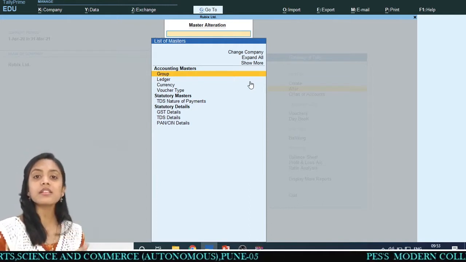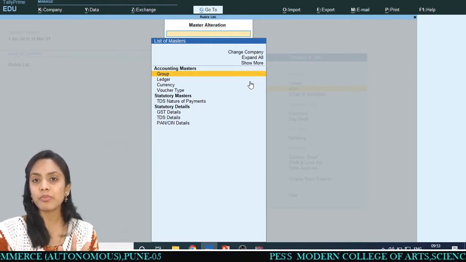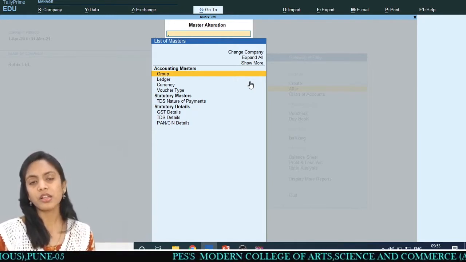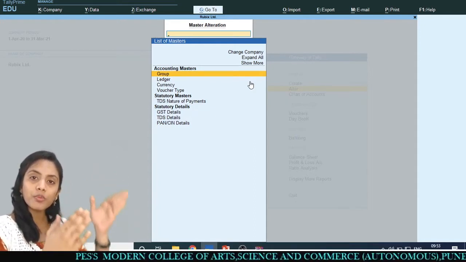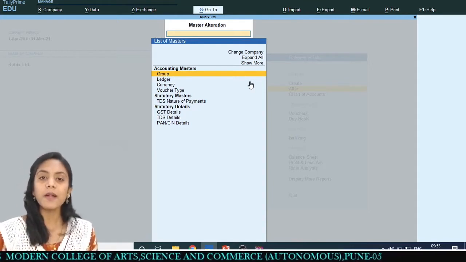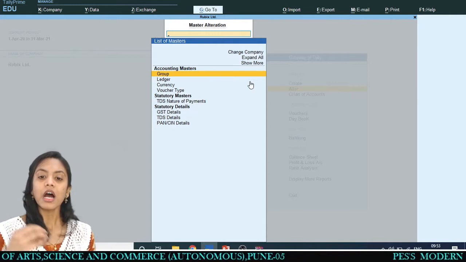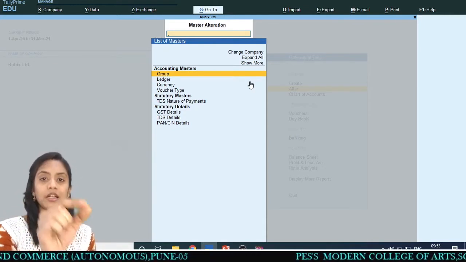In a previous Tally version, they gave you a separate display option. In that, by going to the display option, you can see how many ledgers and groups are there in Tally already by default. But right now in this version, Tally Prime, we have to see how many ledgers and groups are there by going to the option alter.